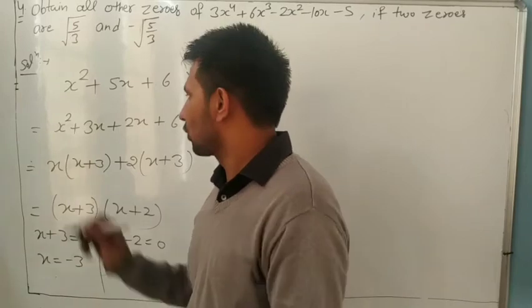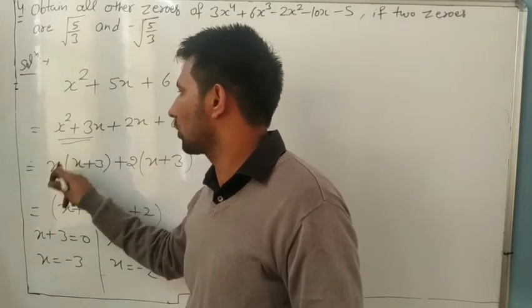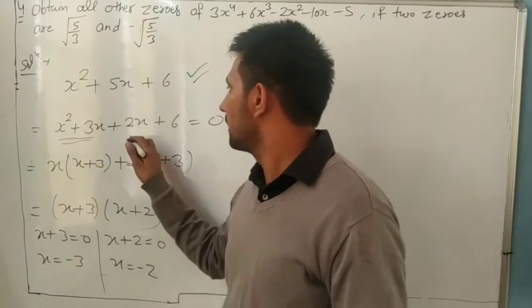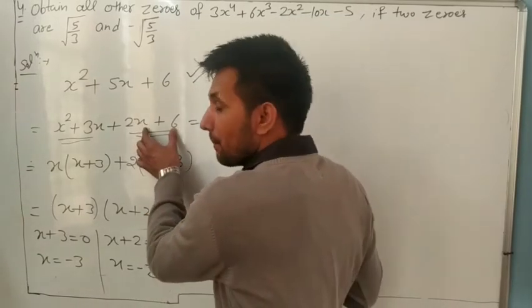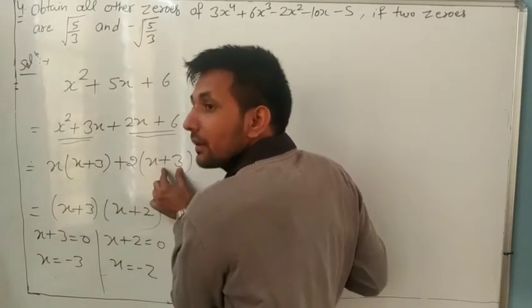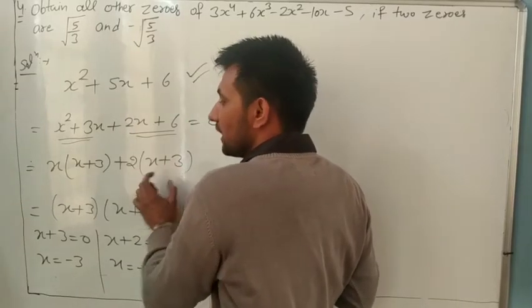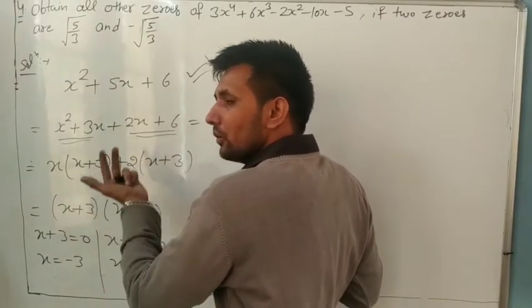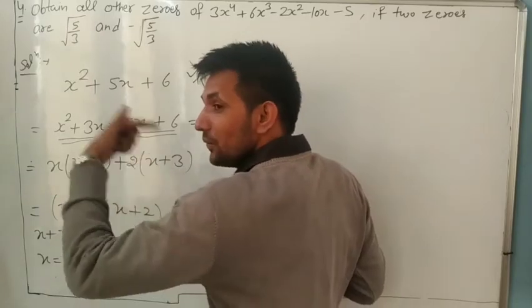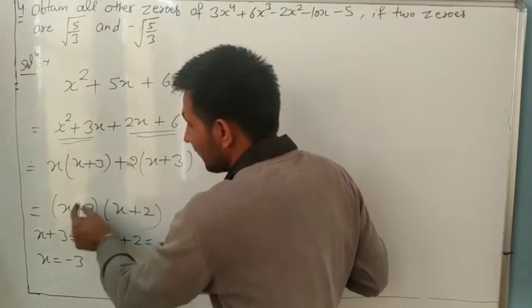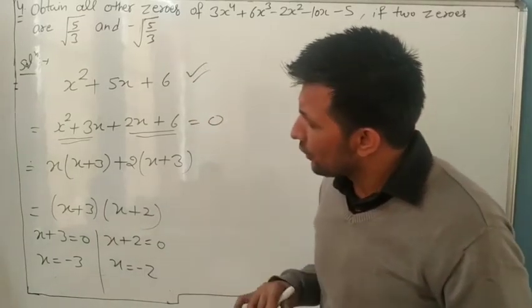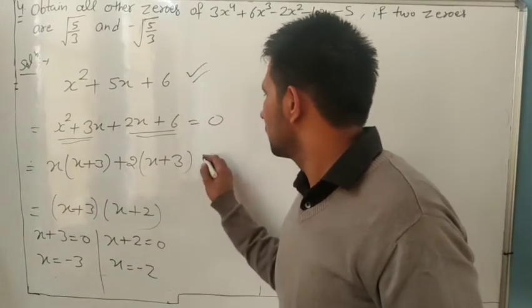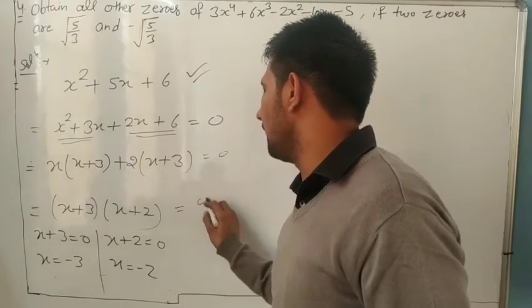We take the common from these two terms. What is common? x plus 3. And from here, what is common? We will take a common number, and x plus 3 remains here, so 2x plus 3. And why are we doing this? Because again we can take the same common, x plus 3. What remains? x plus 2. So we observe that it is equal to 0.